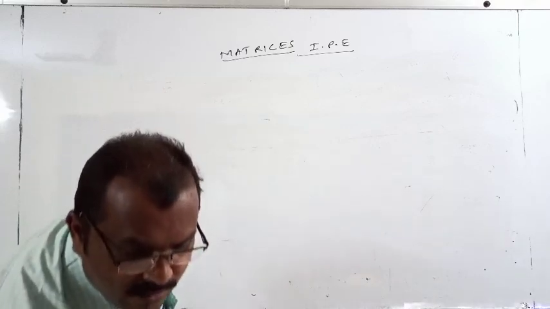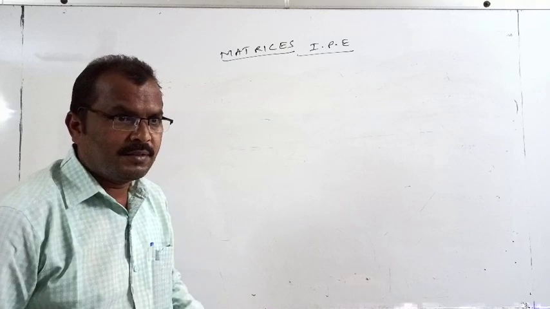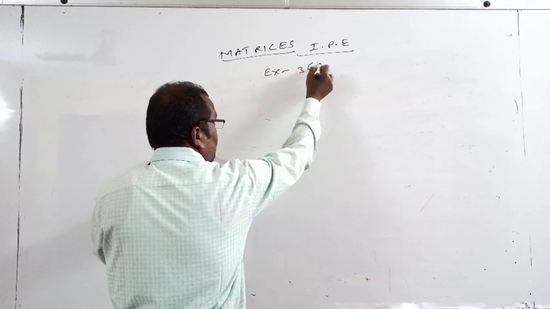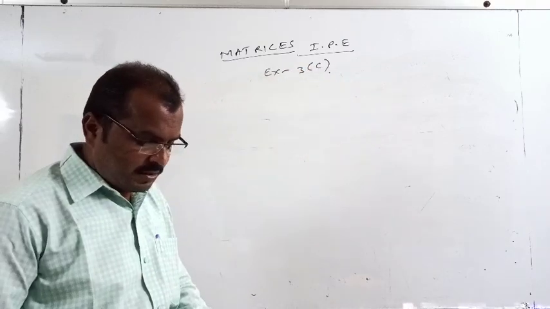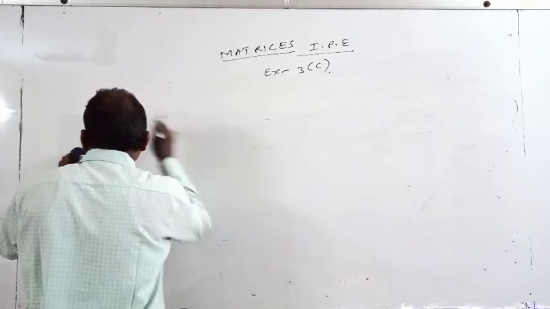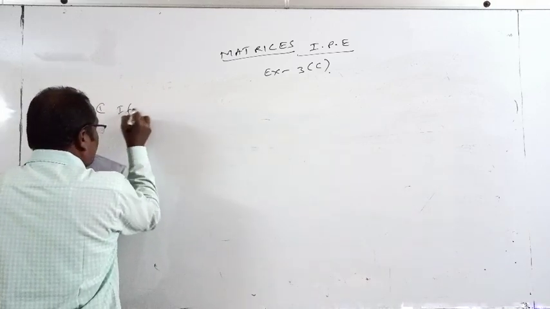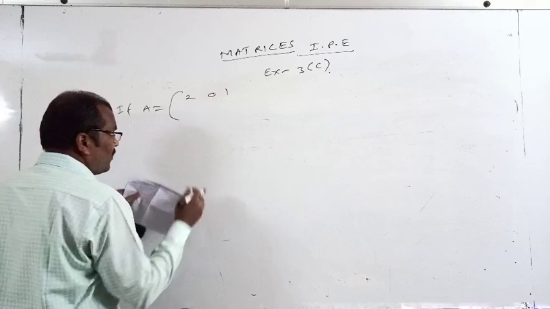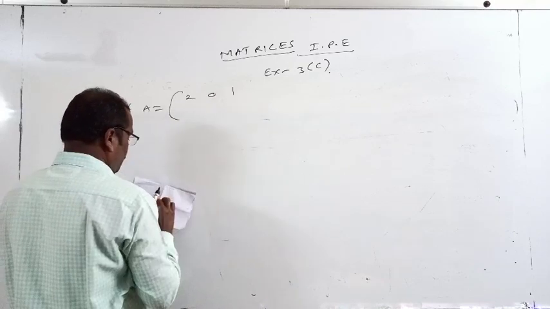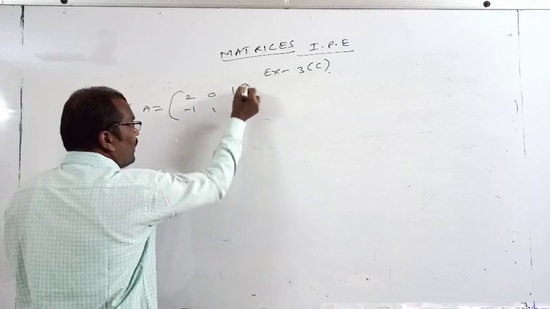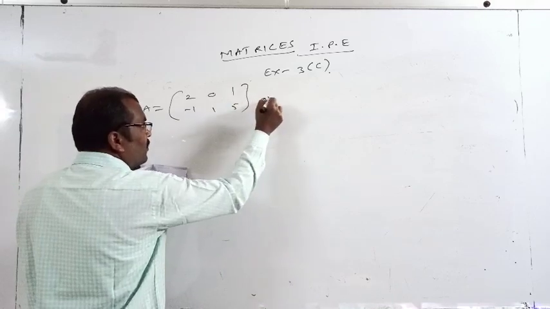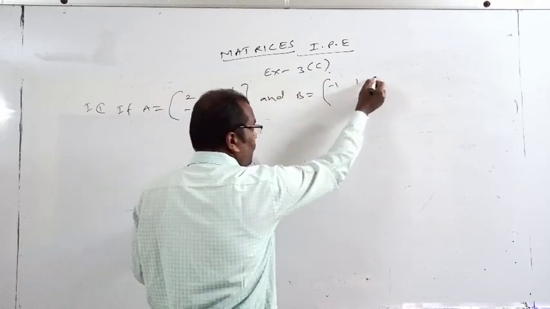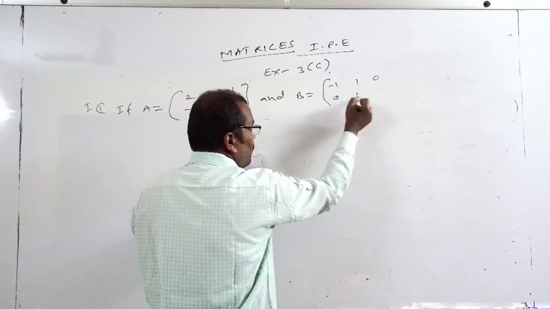Now, write the first problem from exercise 3C. Just transpose is asked. Very easy problems are there. So number 1: if capital A equals the matrix 2 0 1, minus 1 1 5, and matrix B is equal to minus 1 1 0, 0 1 minus 2,